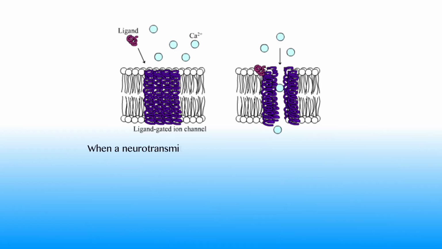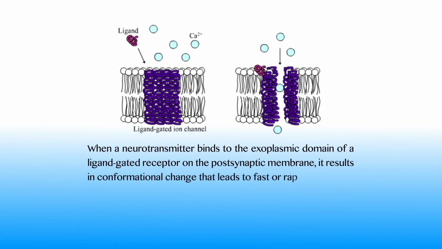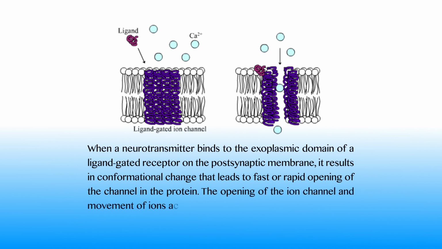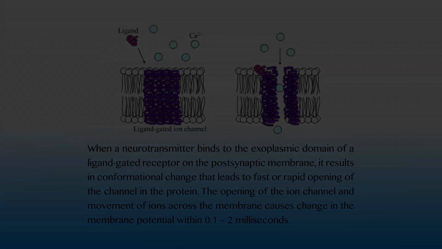When a neurotransmitter binds to the exoplasmic domain of a ligand-gated receptor on the postsynaptic membrane, it results in conformational change that leads to fast or rapid opening of the channel in the protein. The opening of the ion channel and movement of ions across the membrane causes change in the membrane potential within 0.1 to 2 milliseconds. The change in the membrane potential may lead to fast excitatory